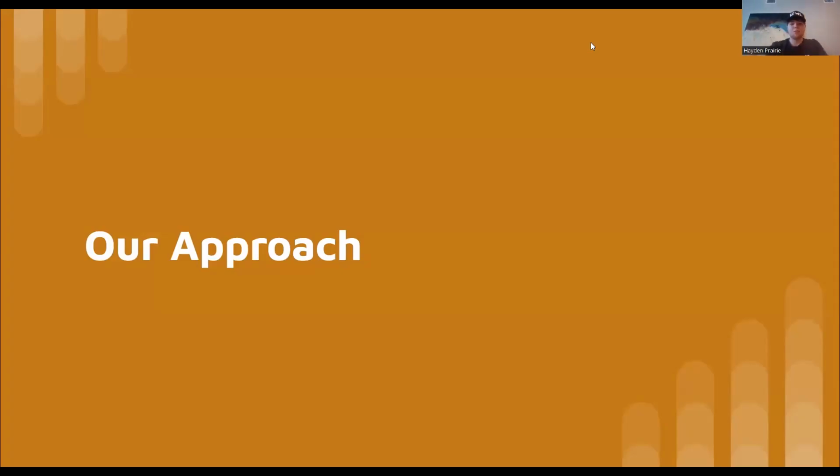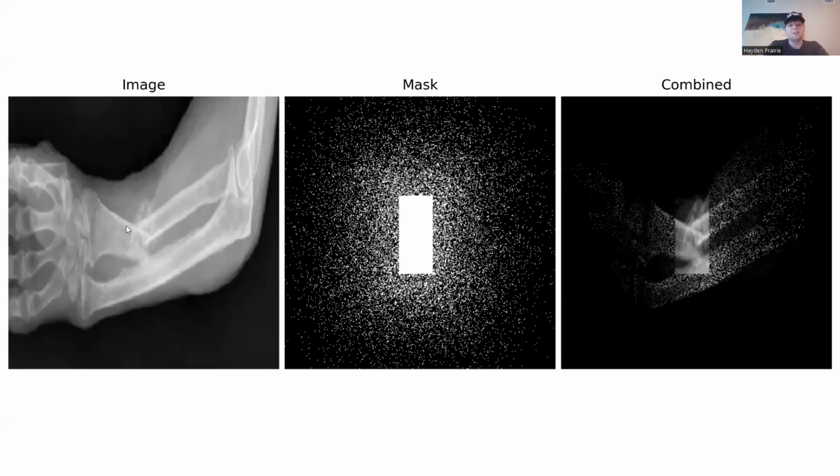So I'll go into a little bit about our approach and how we did augmentation and some of the results that we saw. We would take this image, say the image on the left, and we would apply a mask to it and then feed that mask into the latent diffusion model and use PSLD to try to reconstruct the image. We have the giant square, which is the bounding box given to us from YOLO or whatever object